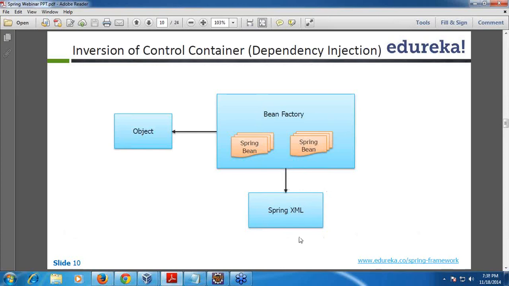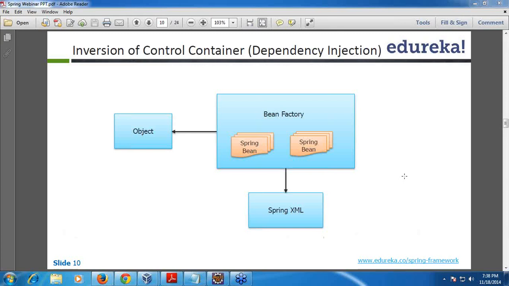We can also configure them in a simple XML file. This bean factory reads from XML files and hands over the objects at runtime.